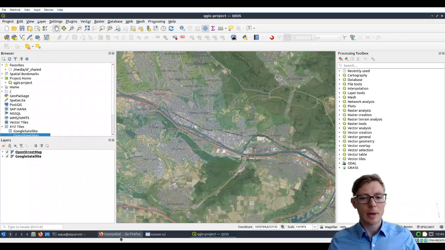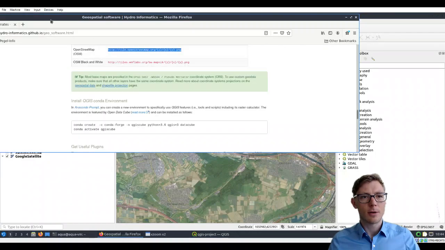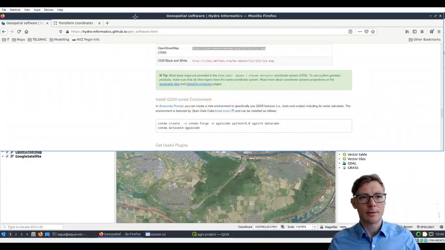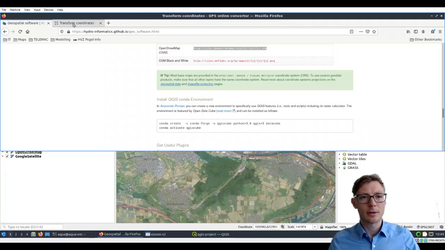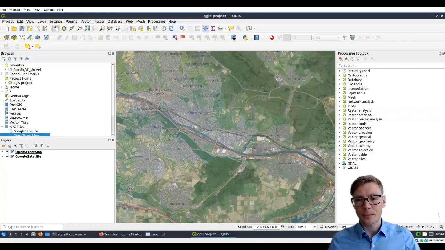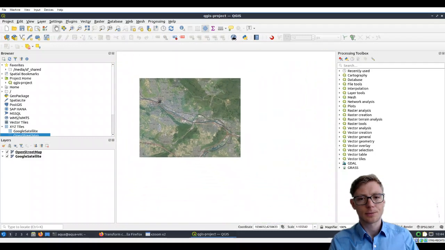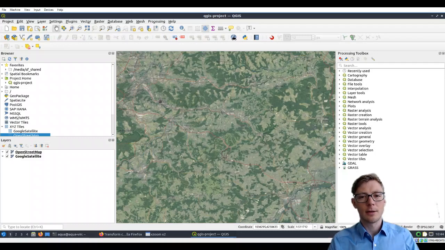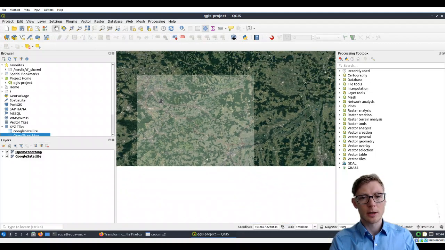Now you remember we are looking here for the city of Esslingen am Neckar before. So these were its coordinates, and now we want to find that here on our map. So just to zoom out a little bit, if you have a look